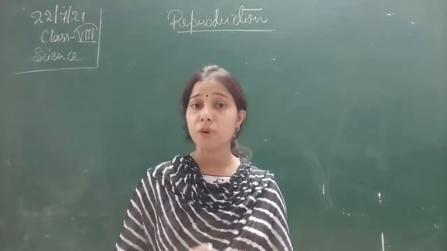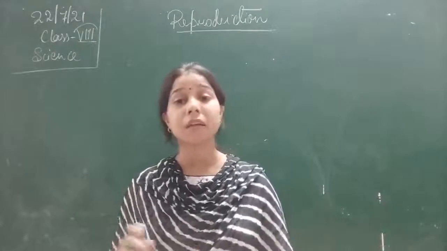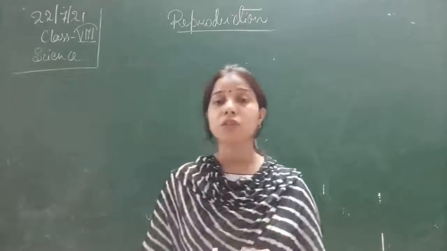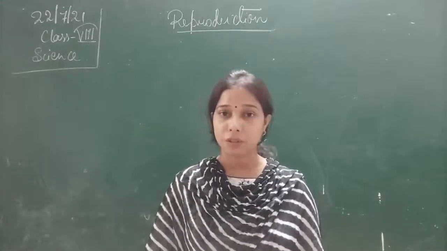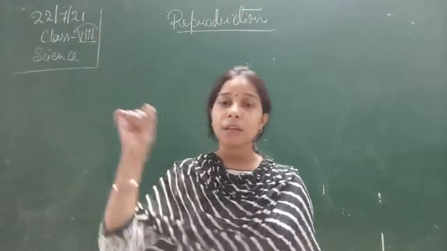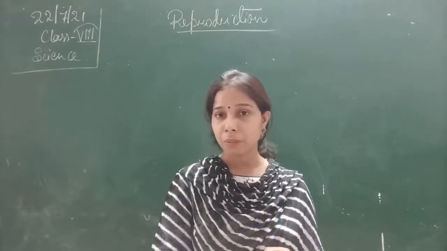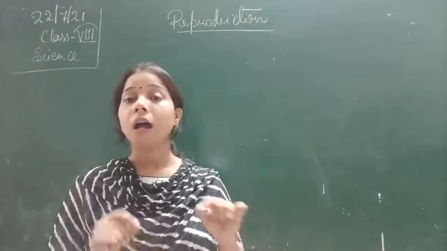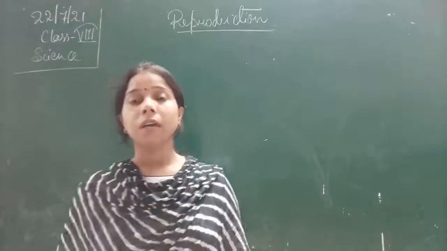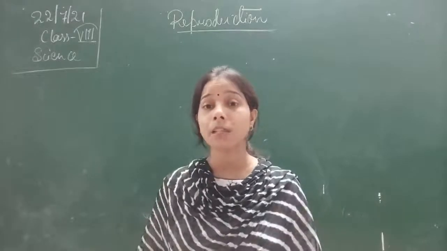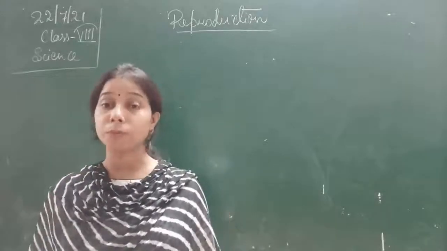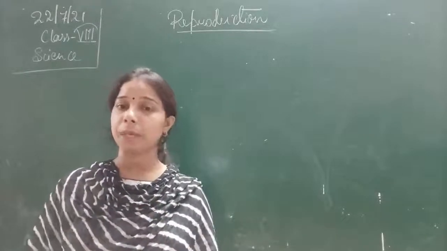When you see the structure of the ovum and sperm, one is spherical, the other has a head and tail. Because of that, the sperm are motile. The second step involved in sexual reproduction is fertilization. The sperms are motile, they can move, so they start moving into the female body. When they enter the female body, they reach the ova and fuse with it. The chances of a sperm fusing with the ova are less. That's why the number of sperms released is more, so that proper fusion can take place between the male and the female gamete.